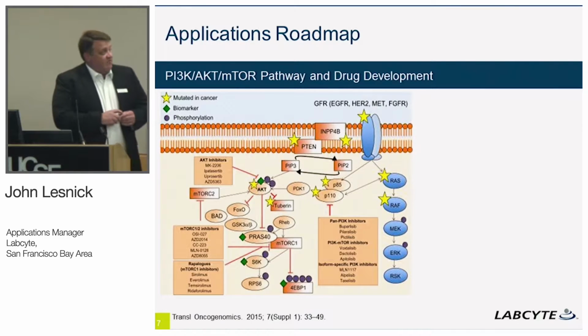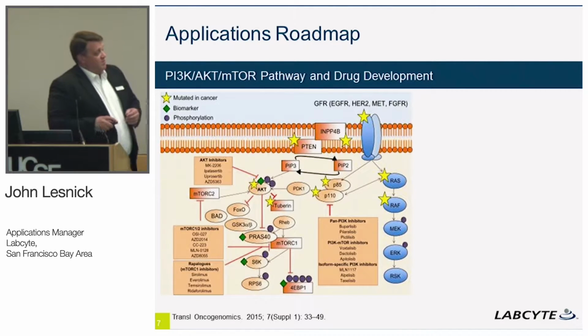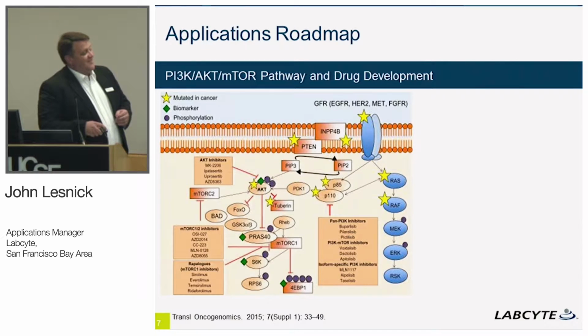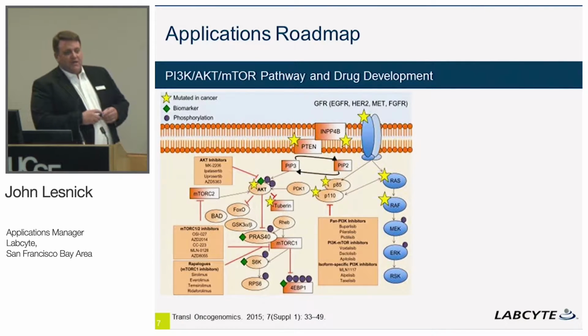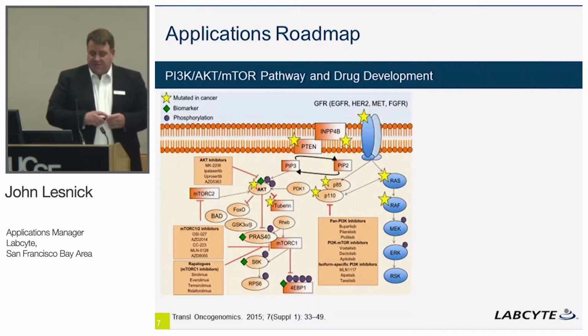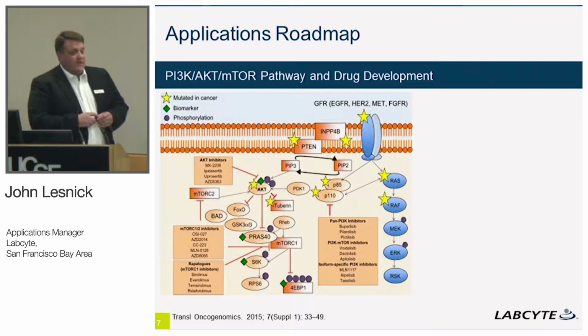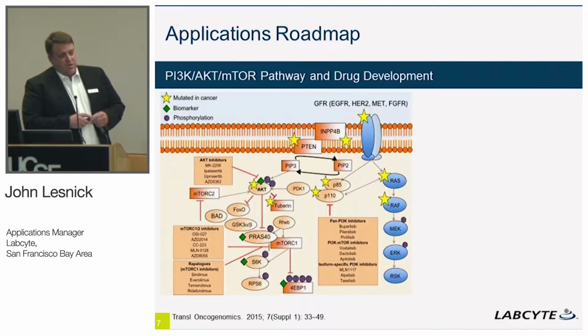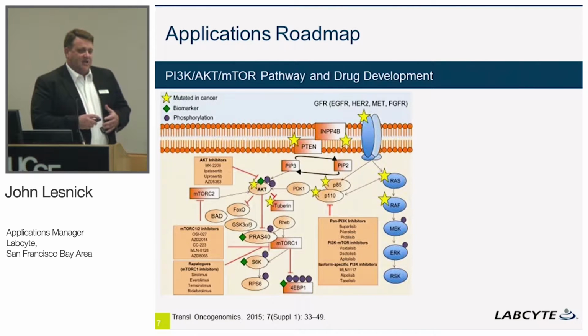So what makes it so great for cancer biology, beyond simply the pathways that I described, is this pathway is very well studied. There are many, many mutations that have been determined. There's PTEN mutations. The INPP4B dephosphorylates PIP2 to PIP1. That's another target of interest. PI3K, AKT have mutations. It's very well studied. So what it does is it provides me the tools to provide proof of concept studies for you to relate